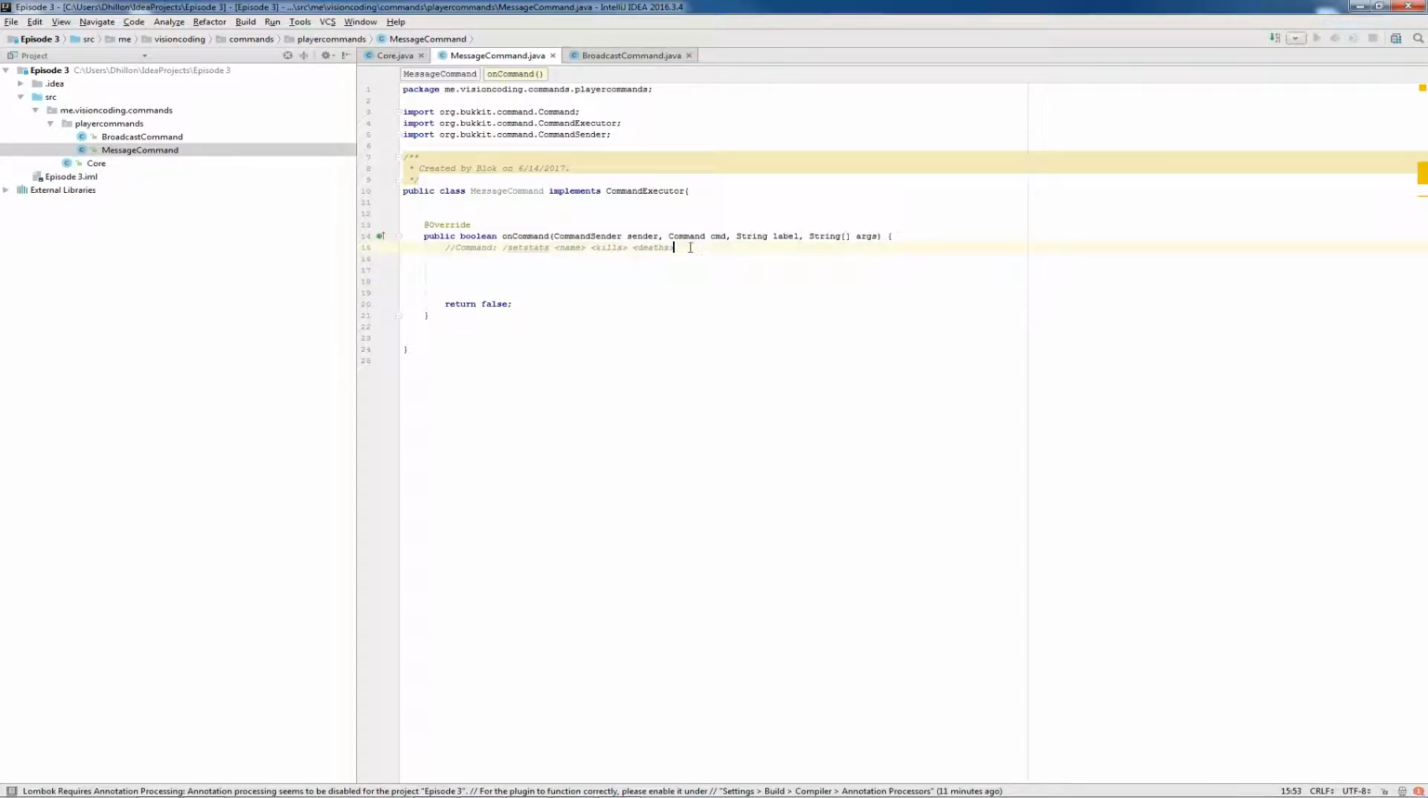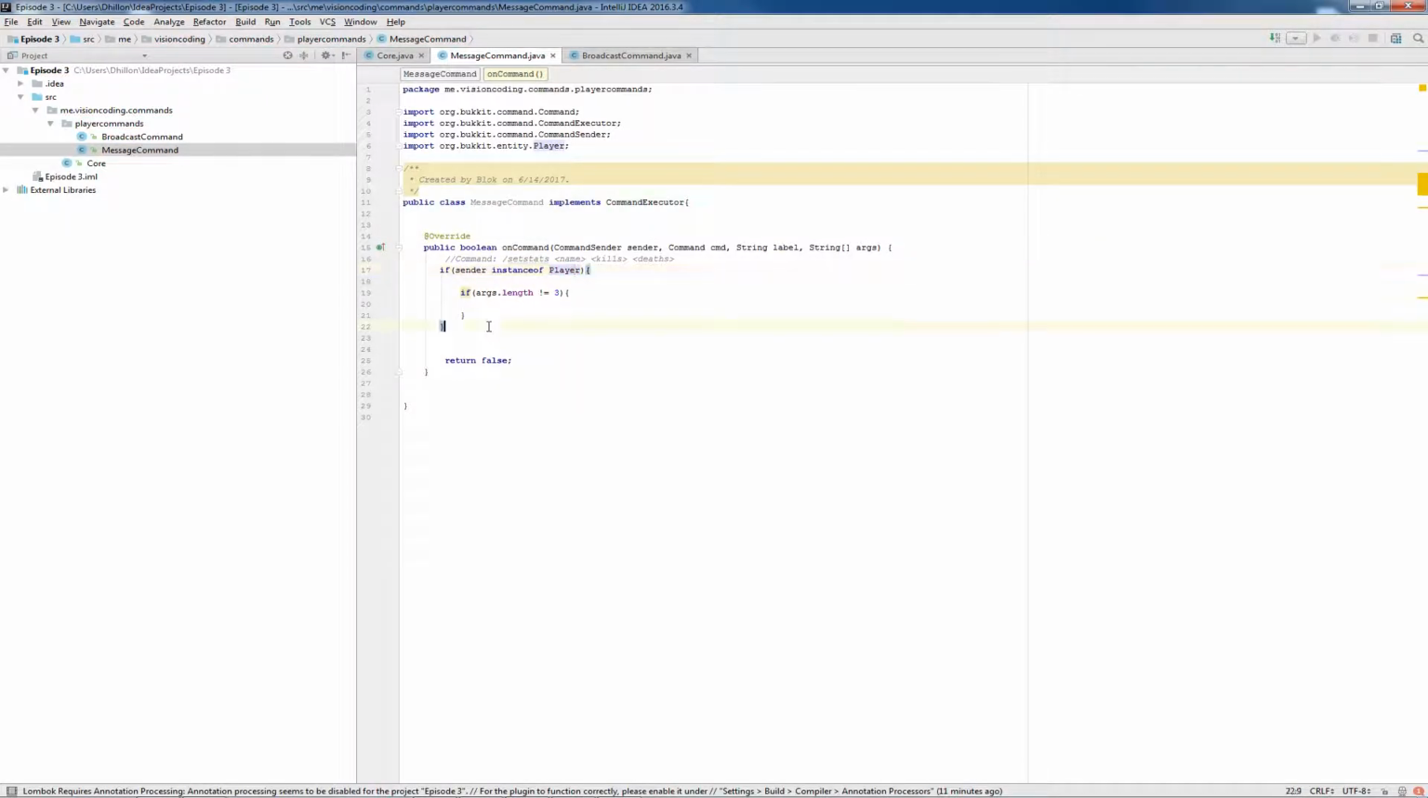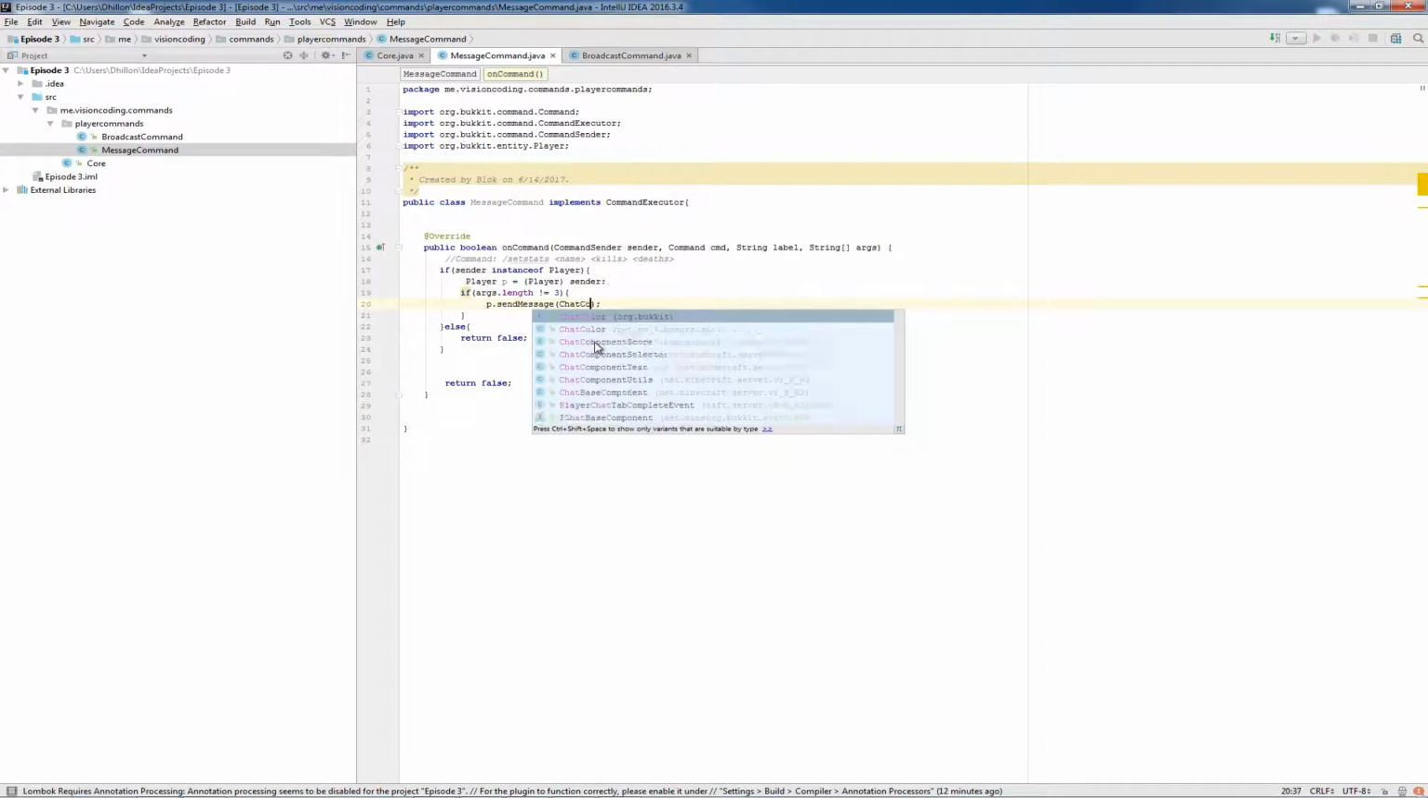It's just going to be sending you a message back of basically everything, but it'll teach you how to use arguments. So the first thing we're going to do is, sorry, my bad, first you're going to check if sender is instance of Player, and else you can say your message. I'm just going to return false because I know the console's not going to be sending a message. But then you're going to do Player p equals cast Player to sender. So if args.length is not equal to 3, you're going to send a message saying